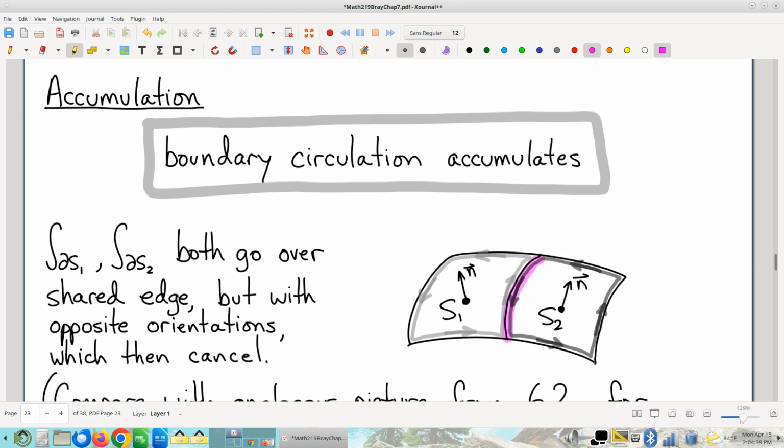That new edge that you get when you cut that surface into a second piece like this, as part of the boundary of this, will be oriented that way on that new edge. And as part of the boundary of this piece, normal fingers, swirls, it's going to be oriented like this on that purple edge. So this purple edge is going to show up twice. Opposite orientations, they cancel, they disappear, and we get accumulation just like with Green's theorem. Everybody cool with that?